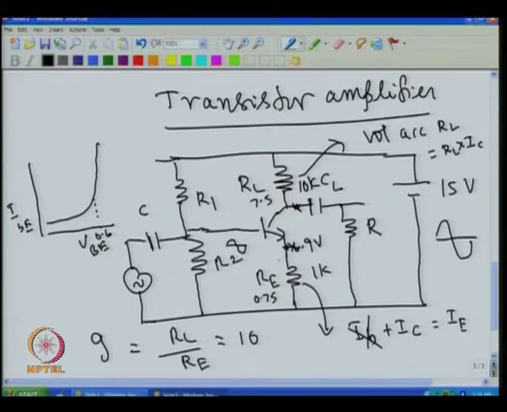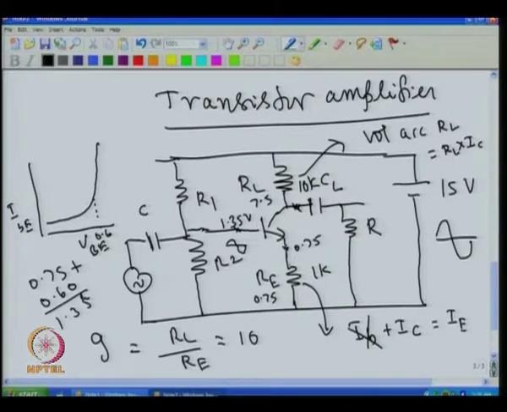7.5 will be there. If this is at 7.5 volt, then this automatically is supposed to go to 0.6 extra, that is 0.75 plus 0.6, 1.35 volt, this will be 1.35 volt. So, if I keep this one at 1.35, this will come to 0.75, this will come to 0.75,